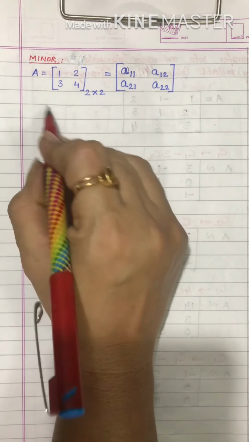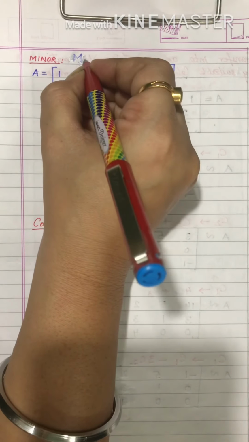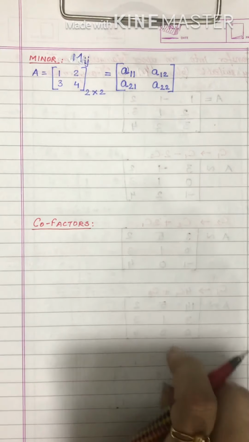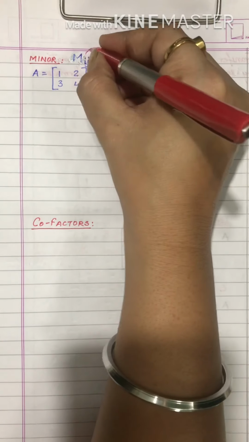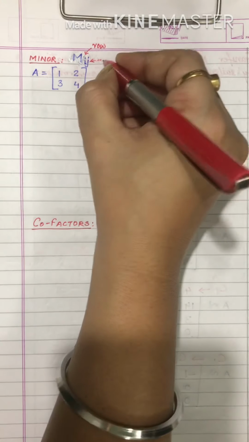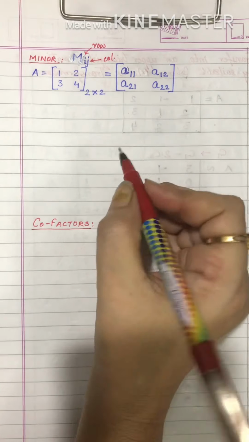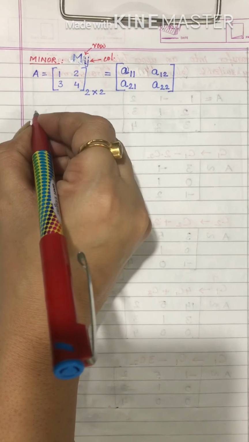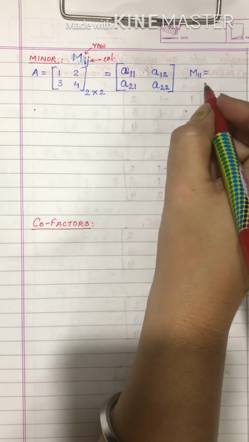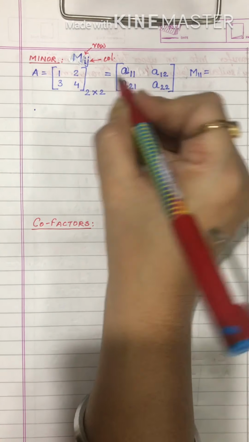Now we will see how to find minor of this. Minor is generally denoted by capital letter M. Now if I write here in general as Mij, please understand here, i means the row number and j represents the column number, means which column. Fine. So how to find minor here? I will write it here M11. Now when I write M11, I am seeking minor for the element which is at the position a11, that is 1.